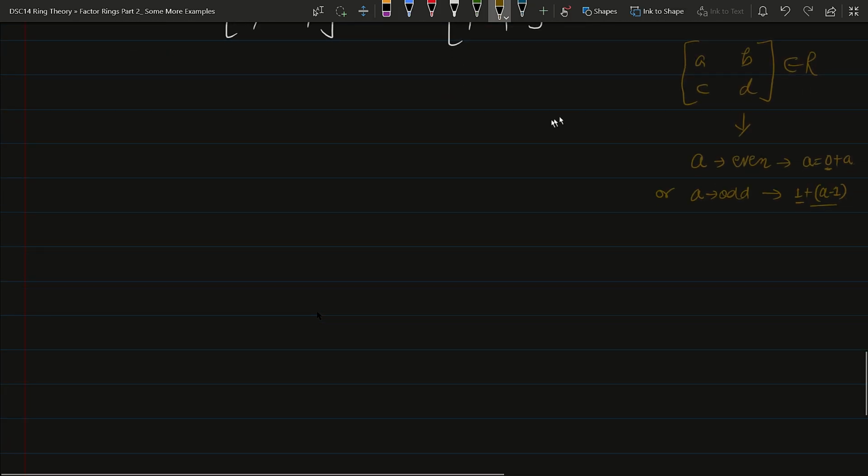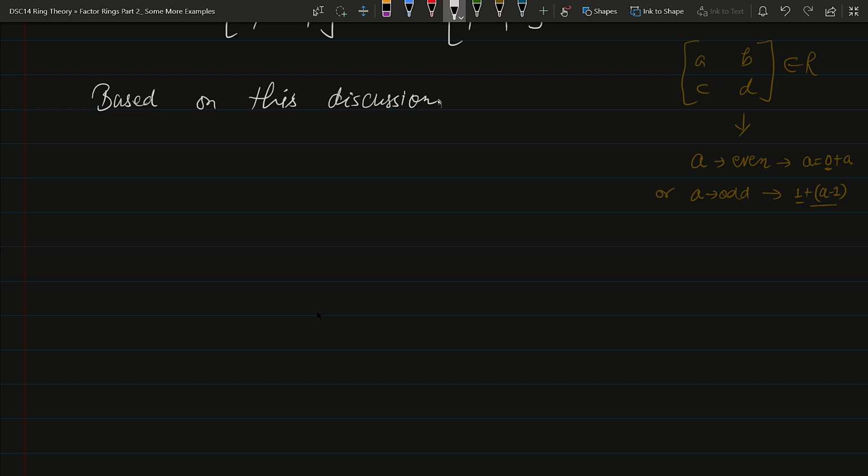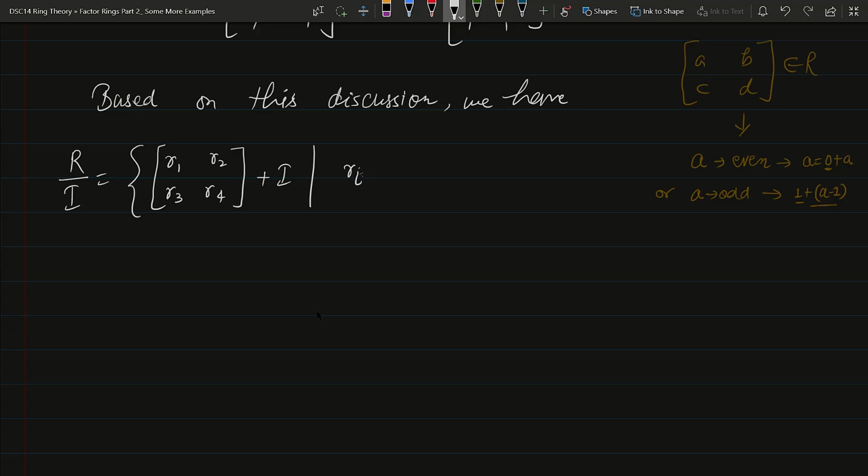Okay, so we can say based on this discussion we have that R by I can be written as some element, suppose r1, r2, r3, r4 plus I, where these ri's are element of this set 0 and 1। ठीक है, तो या तो r1, r2, r3, r4 इन सभी में इनकी वैल्यू या तो 0 हो सकती है या फिर 1 हो सकती है।